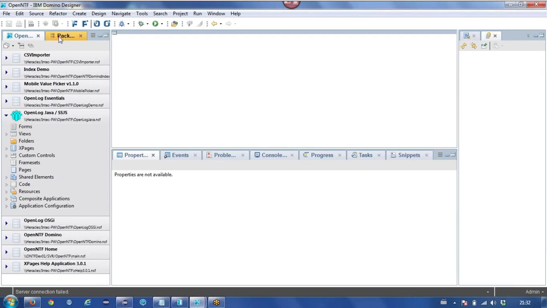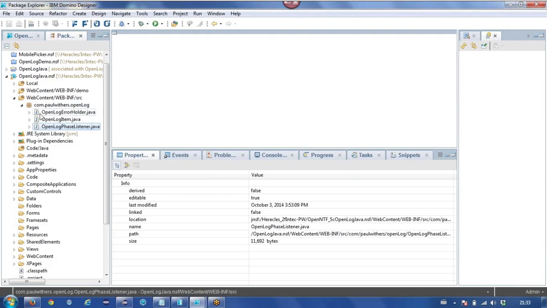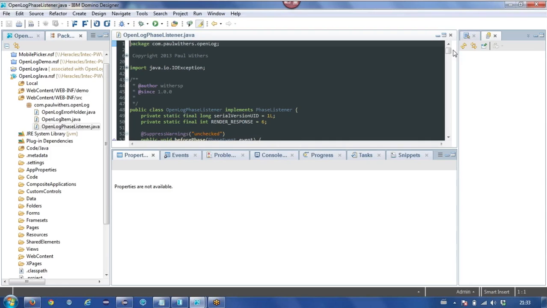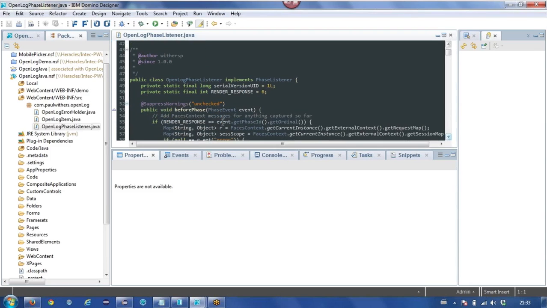So I'm connected. I'm going to come across to Package Explorer and open up this Java class, and I'll just click here to add a breakpoint. It's the normal kind of round breakpoint. It's got a tick next to it because debugging is enabled at the moment. So it's saying, yes, that's going to get picked up. Double click it again to remove it. It's as simple as that, really.